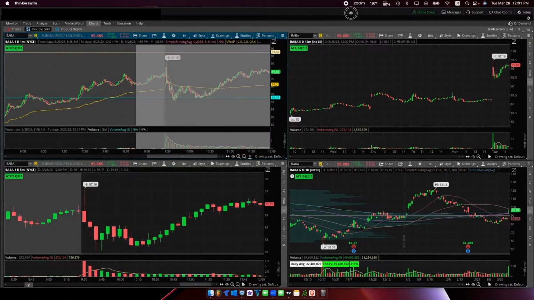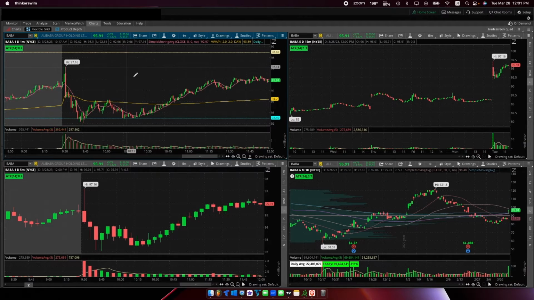which is nice to have if you want to have those reference levels constantly displayed on your intraday chart as you're